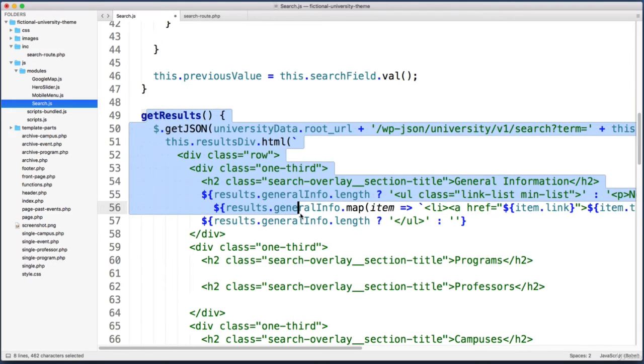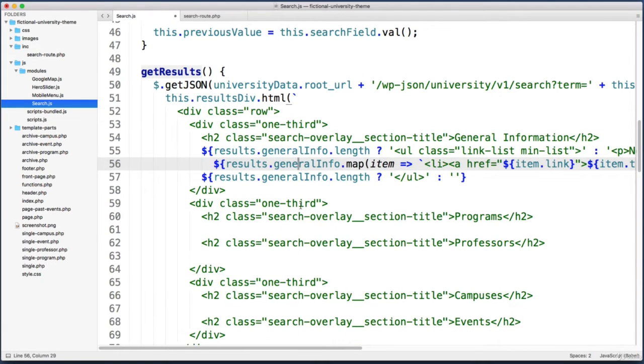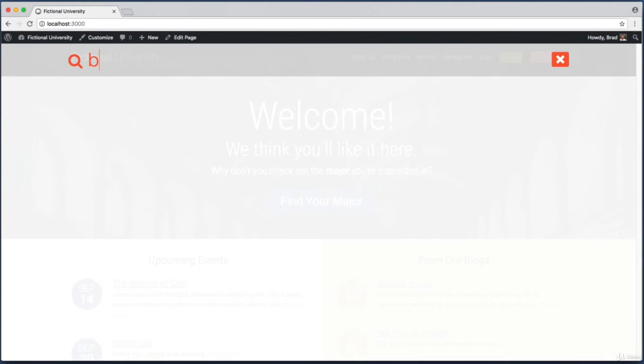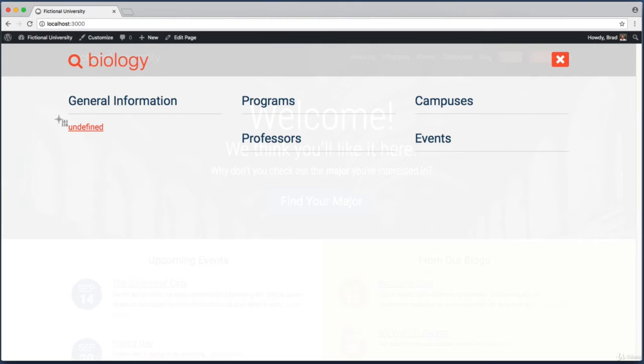And at this point, let's save this and test it out in the browser. You'll want to be sure that in your command line, you either run gulp scripts for a one-time compile, or run gulp watch, which will automatically trigger anytime you save a change to this file. Okay, so over on the front end, if I open the overlay and search for biology, whoops, we actually see